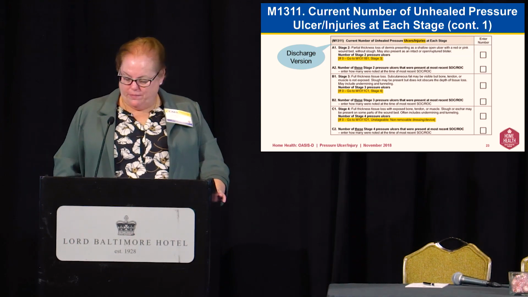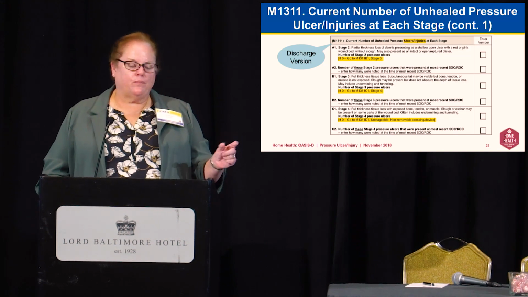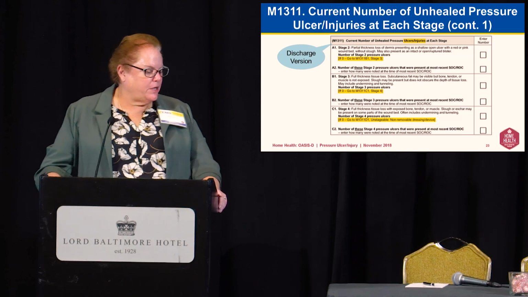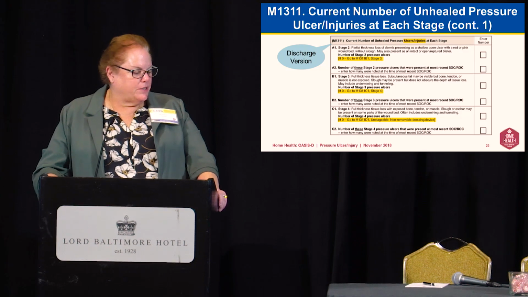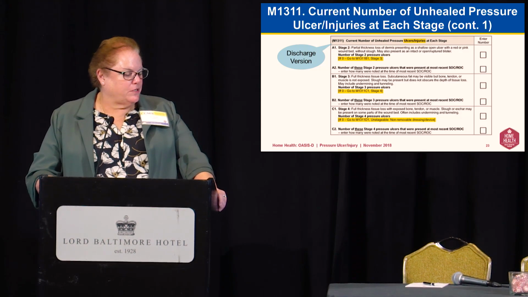And then here you have the skip pattern brought in. So let's just read this. It says, partial, so this is A1, stage 2, partial thickness loss of dermis presenting as a shallow open ulcer with a red-pink wound bed without slough, may also present as an intact or open or ruptured blister. Number of stage 2 pressure ulcers. And once you put that in, if you put in a 0, then you go to